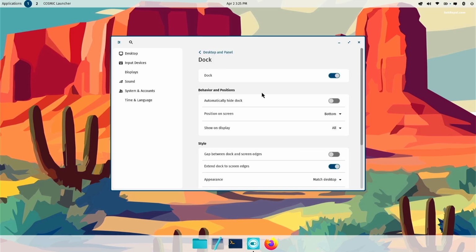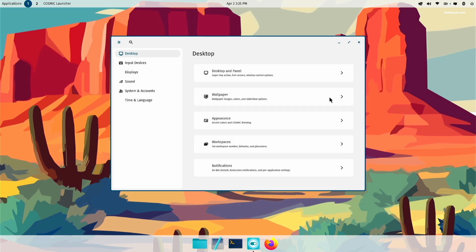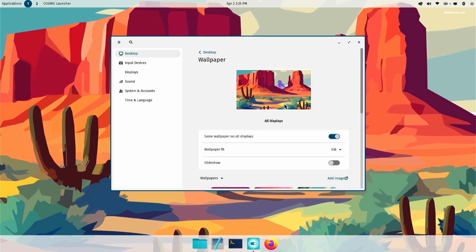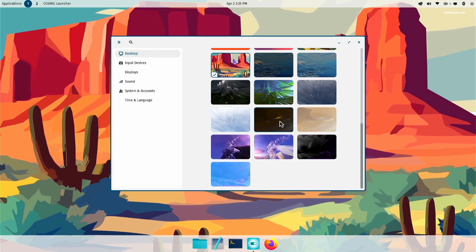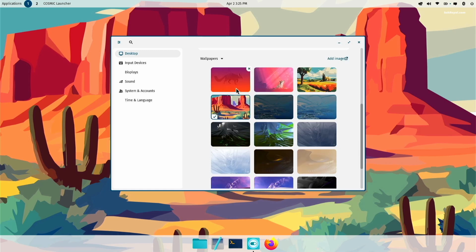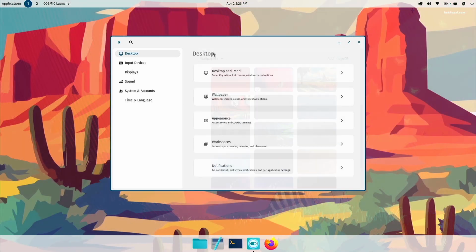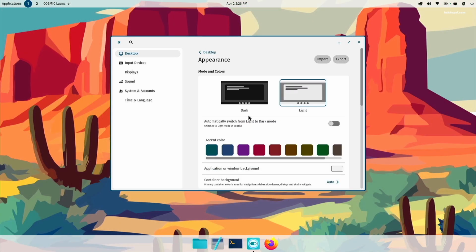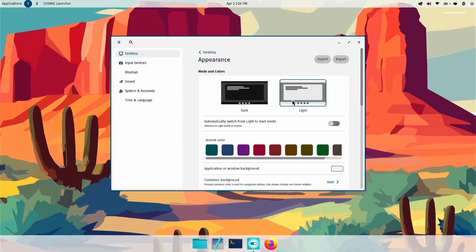Let's go back to the main desktop panel settings. Clicking on the wallpaper reveals a list of system wallpapers. The appearance section allows for changing the accent colors and Cosmic theming. It's also very easy to switch between the light or dark modes.